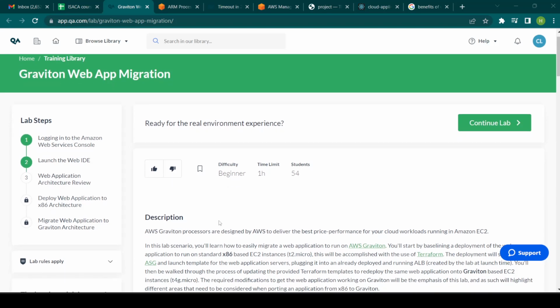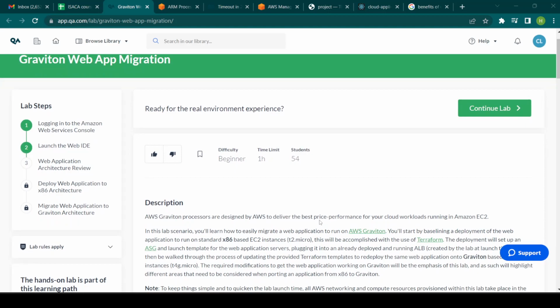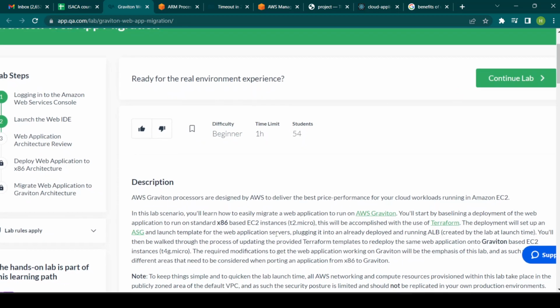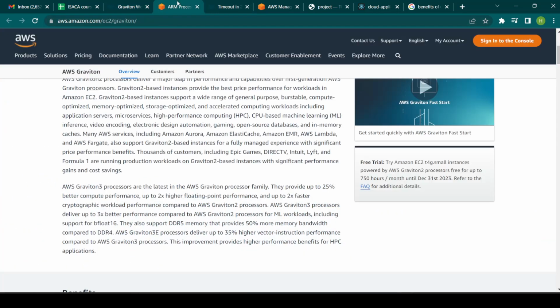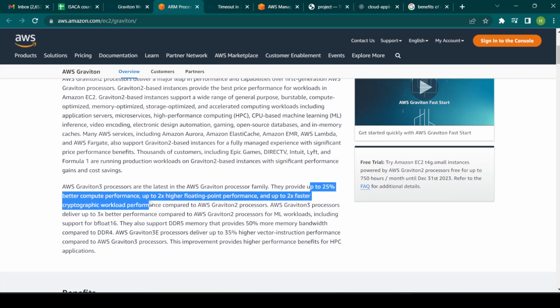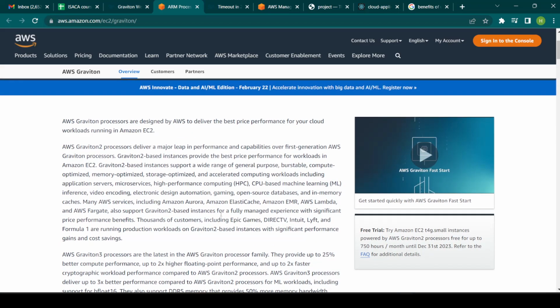Hello. So in this lab, we will be getting familiar with the Graviton provided by AWS, which is used to provide best performance for cloud infrastructure. It is a microprocessor which runs on ARM-based architecture. So here we can see that the ARM processor, which is Graviton, offers many benefits like up to 25% better performance, 2x higher floating point speeds, 2x faster cryptography. Means there are benefits of using